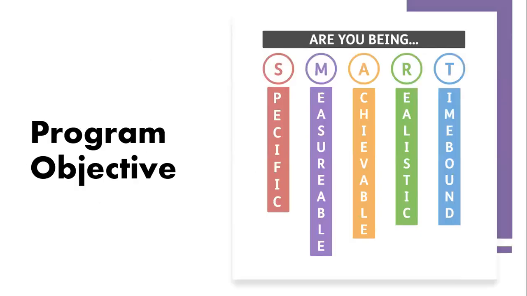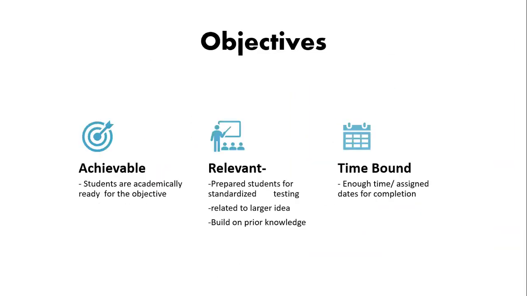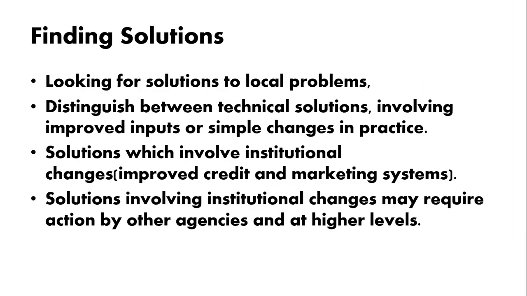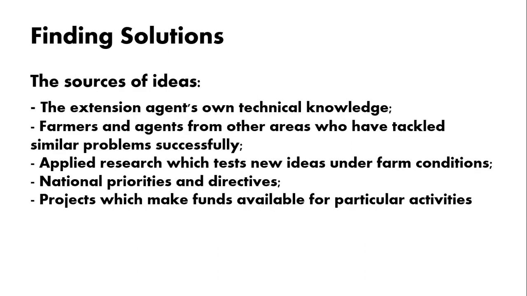That objective should be SMART. Therefore, specific, measurable, achievable, relevant, and time bound. Right? Then we have to find out the solutions. That solution we can find in many ways. These are the solution-finding ways: using extension agent knowledge, using previous successful case studies and research, national priorities, and